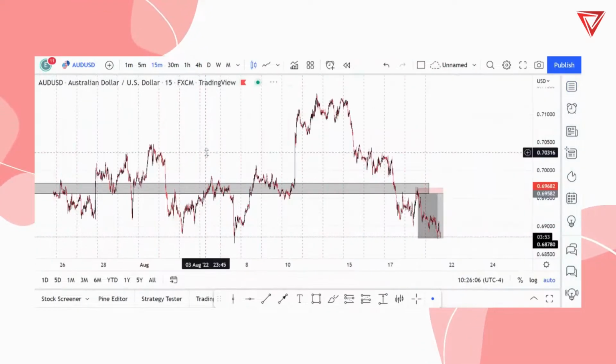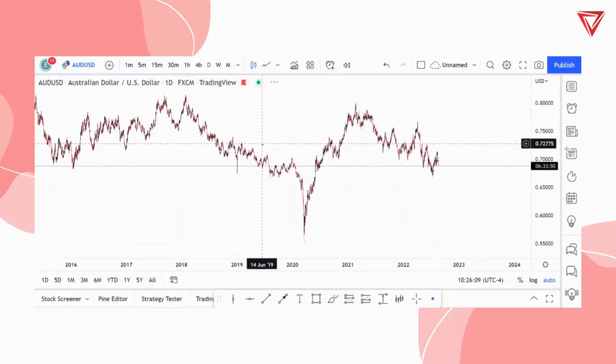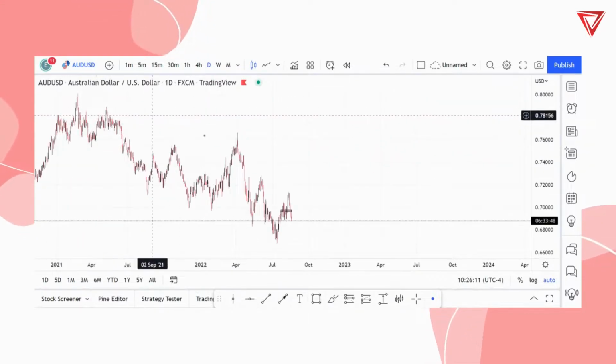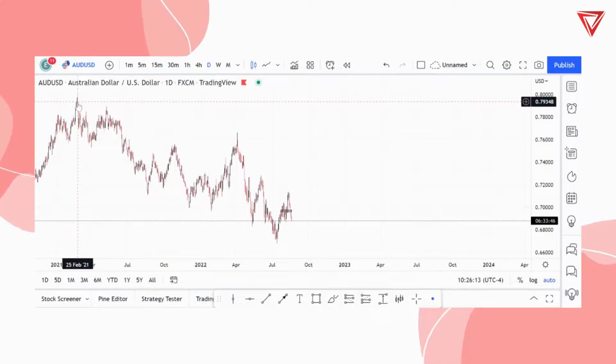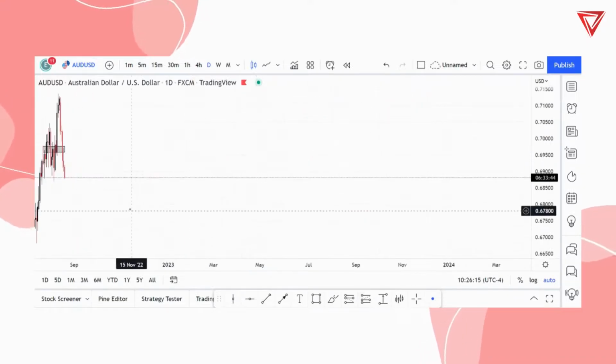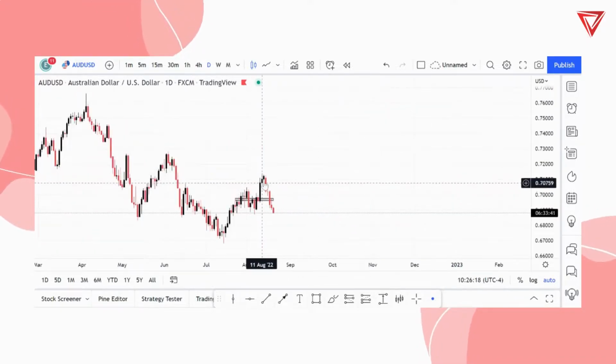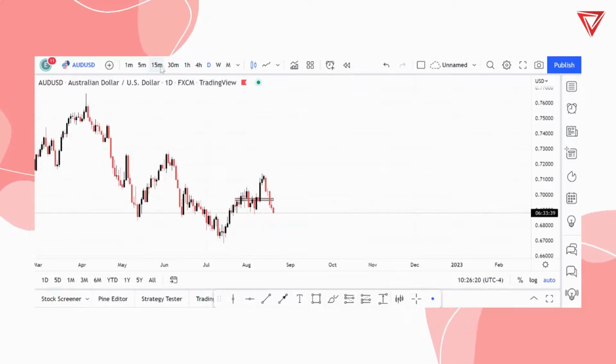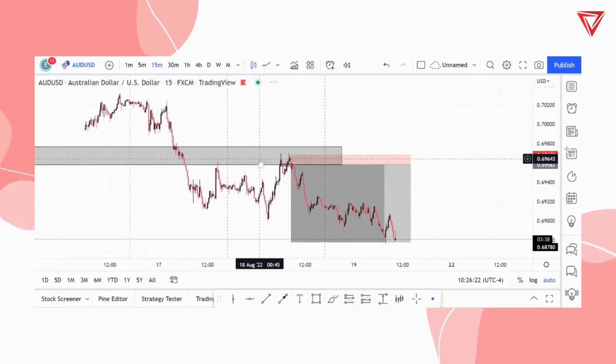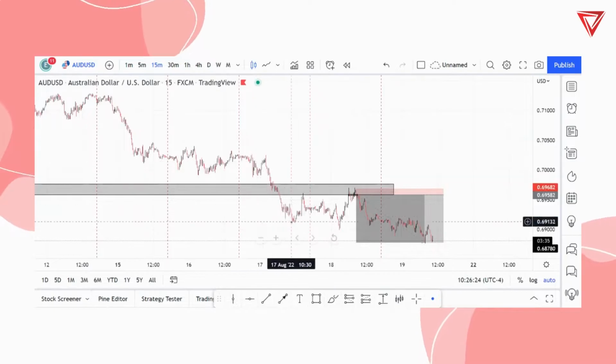Right. So this is something that I did with a student yesterday in one-on-one, and the breakdown for this was simple. If you go on the higher time frame, you would see on the daily time frame, AUD USD from this point has been bearish. It has been a bear market since February 2021. It has gone back into bearish momentum at this point here, so that's good. We then realized that AUD USD had broken this liquidity area here.